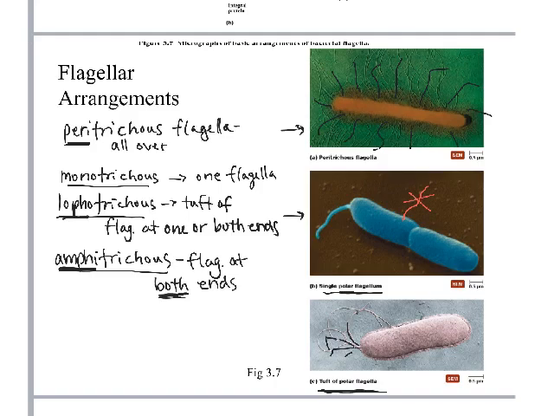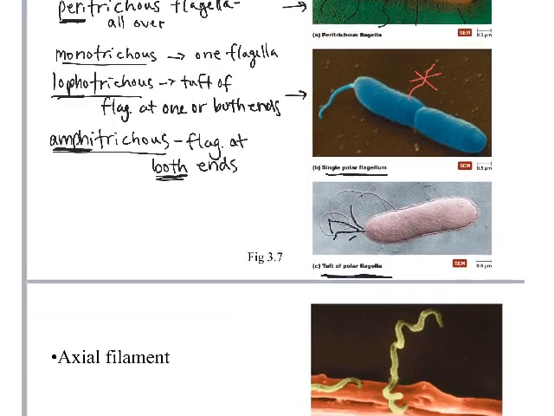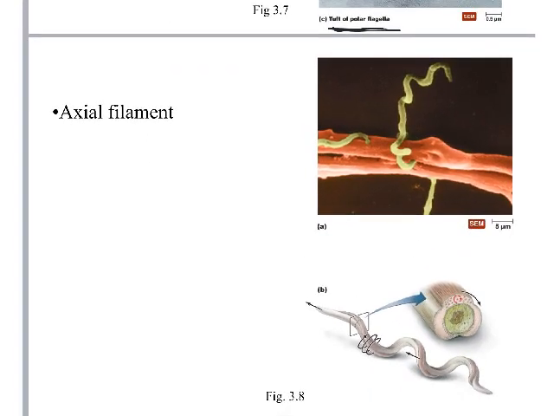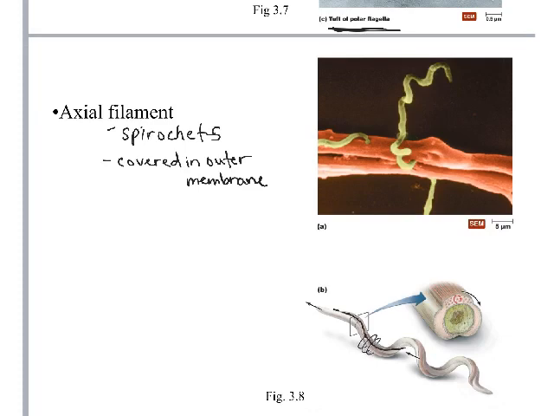And then the last one, on the next page of flagellar arrangements, is that axial filament that we mentioned before with the spirochetes. So remember this is that particular morphology, one of the classes of those helical bacteria. And like I mentioned before, it's covered in an outer membrane and runs down the whole length of the cell. So here's the axial filament here. And if you look at a cross section, here's the axial filament. There's also all these little endoflagella in there